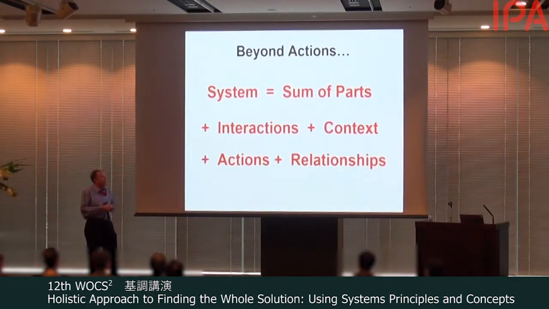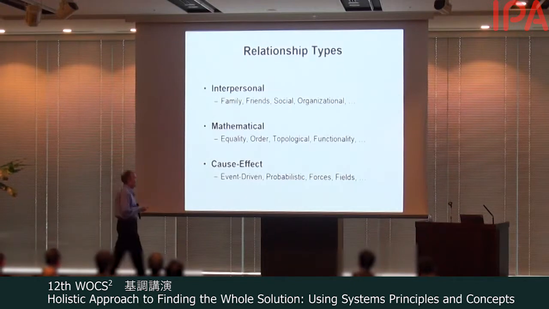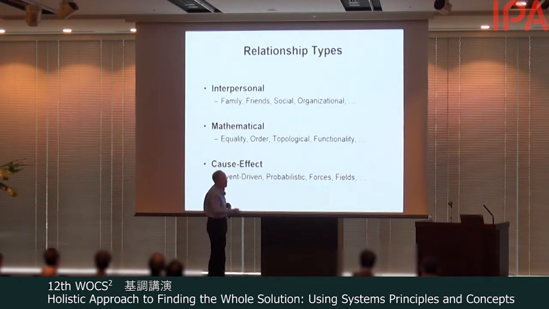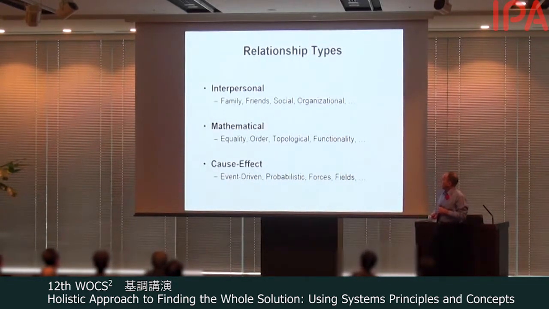So going beyond action, there's also relationships. There are different kinds of relationships. Most of our engineering modeling tools will focus on functionality. We call that functional analysis. But there's some types of systems, for example, flight control systems, where they're event-driven, and it's very important to look at cause and effect, because you're trying to affect the behavior of the airplane or the spacecraft by flight control. So the event-driven cause-effect relationships can be very, very important for certain types of systems.